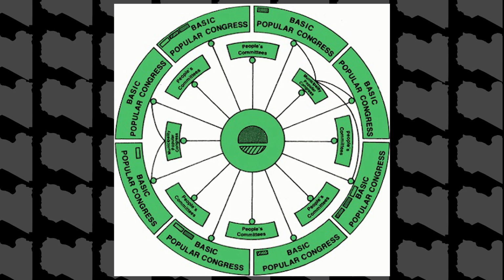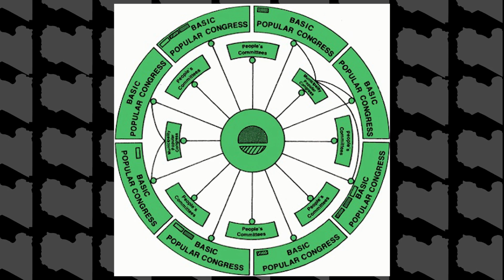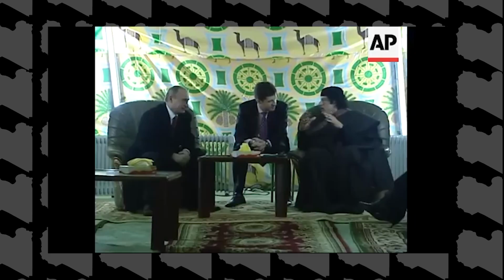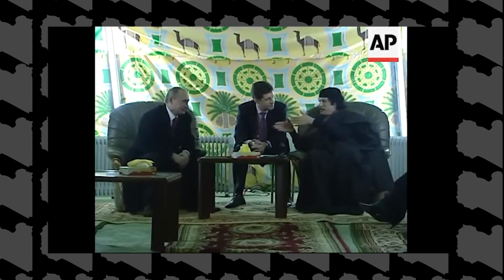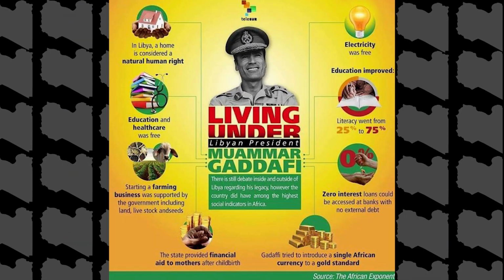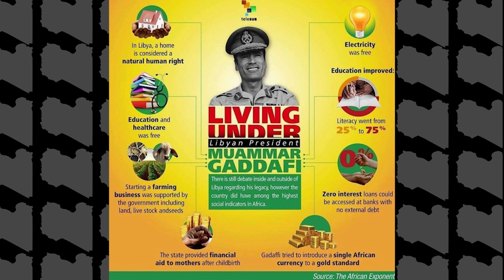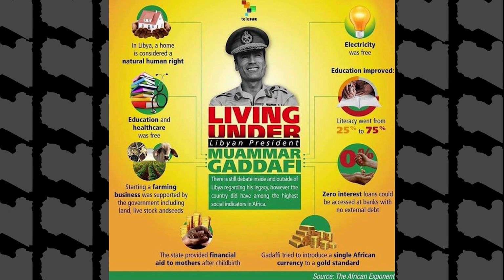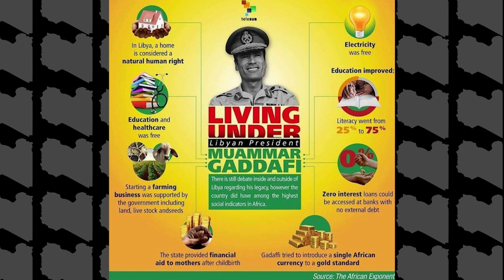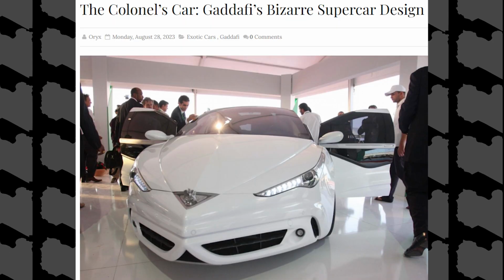He felt that the government should be run according to his third universal theory, part of his manifesto, the Green Book. It outlined a system of direct democracy, where the masses formed groups and, through consensus, participated in government. This did not manifest in much democracy in practice, as Gaddafi was a dictator whose word was the final say, no matter what. Economically, he claimed to be a socialist. He redistributed a chunk of the revenue from oil extraction to fund infrastructure projects, social programs, housing, healthcare, etc. Of course, he also lined his pockets in the process.